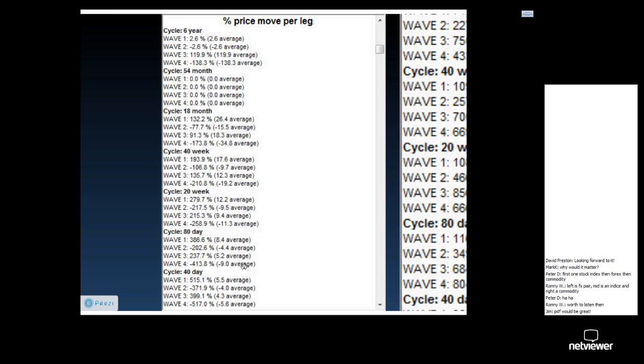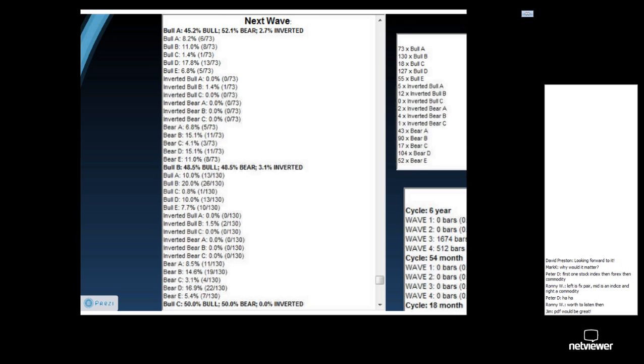Price move per leg. You're trading the 80-day cycle. That gives you, leg 1 gives you an 8.4% average price move. That's if you time it perfectly. Wave 2 gives you minus